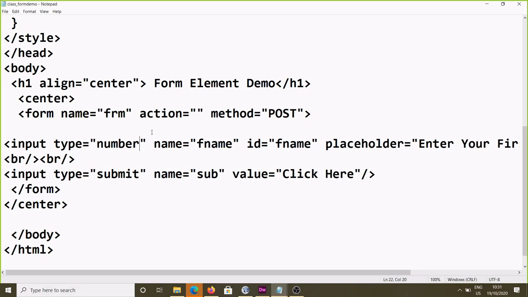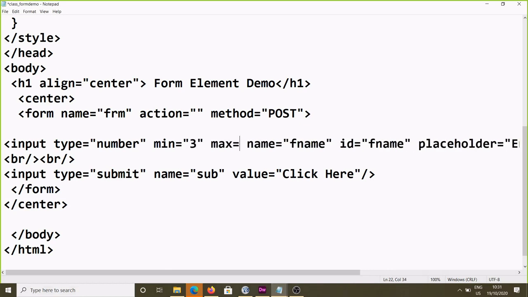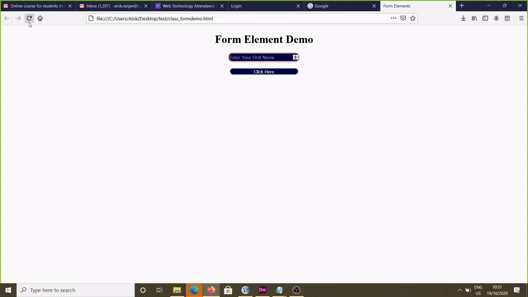You can write for the number input a minimum value, suppose 3, and a max value, I am writing here 10. So in this box you can take a minimum value of 3 and a maximum value of 10. Now you just see, I will start from third, fourth, up to the 10.